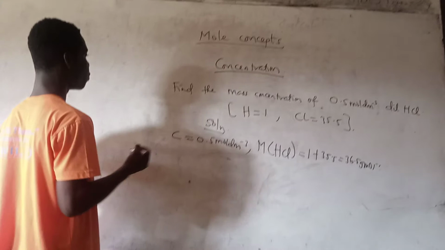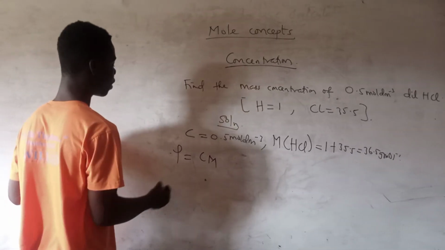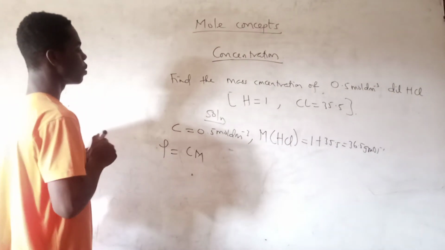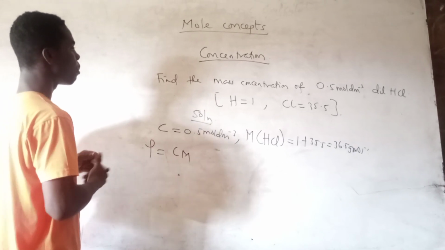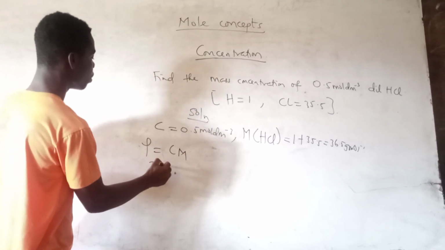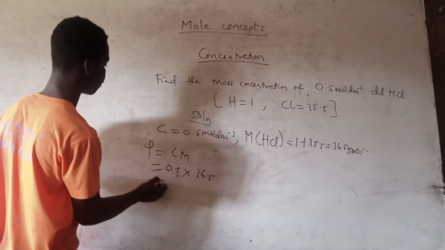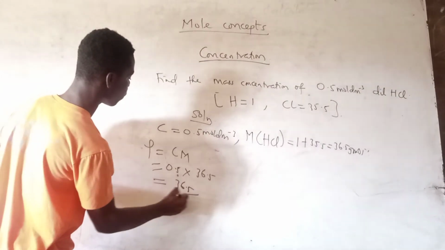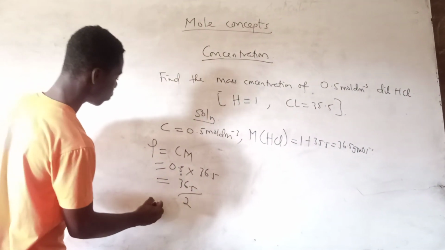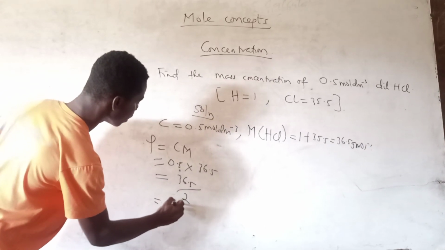So we have everything, you know that rho is equal to CM, that is mass concentration is equal to the amount concentration or the molarity times the molar mass of the compound. So 0.5 times 36.5. So 0.5 can also be written as 36.5 over 2. So everything goes to be 18.25